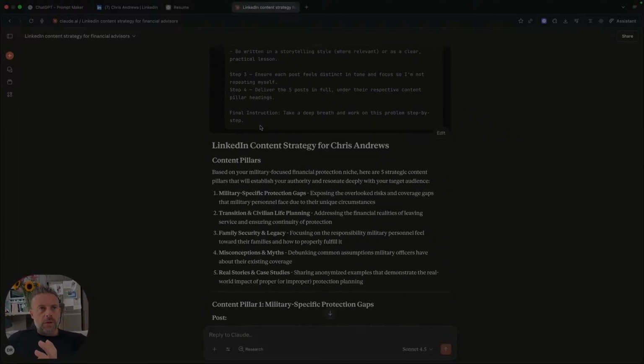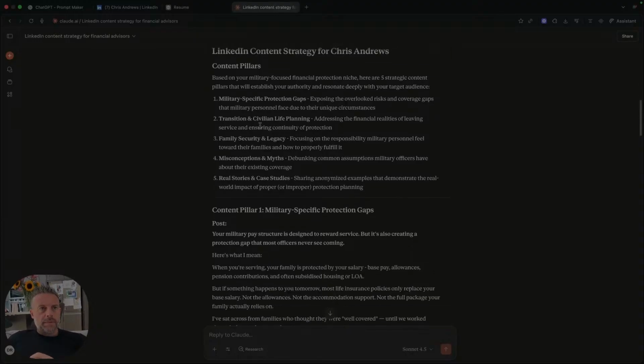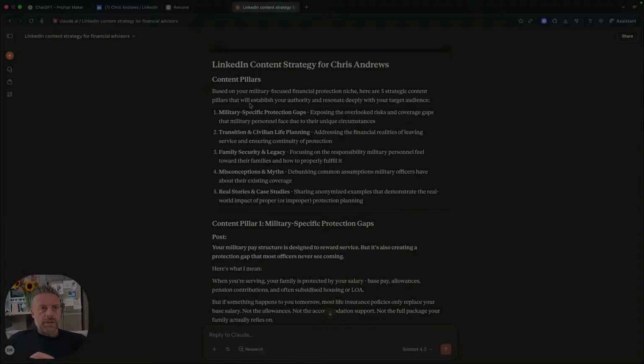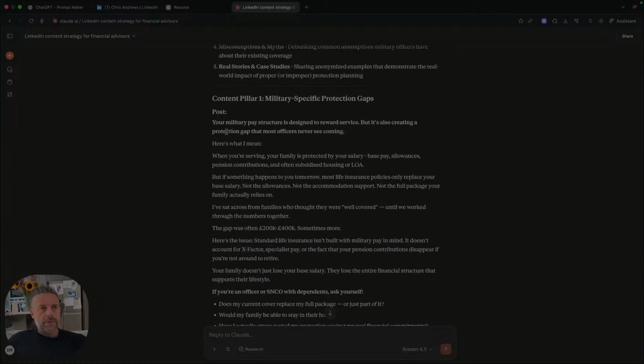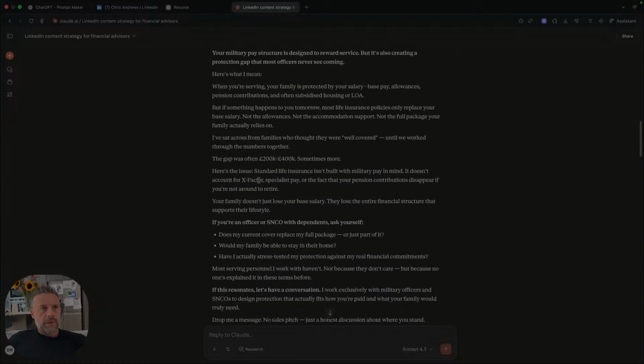So we use Claude for this, we pasted it in, and it's come up with all the content strategy for Chris. So it's got obviously the pillars there, the 5 pillars. So it's protection that Chris offers, and it's for his military niche. So the 5 are there, and then it's come up with posts here as well. So that's the first post,